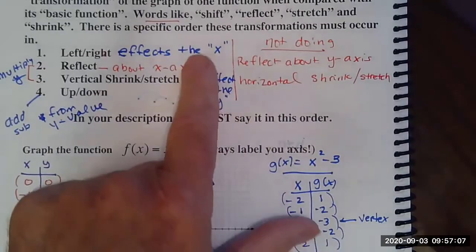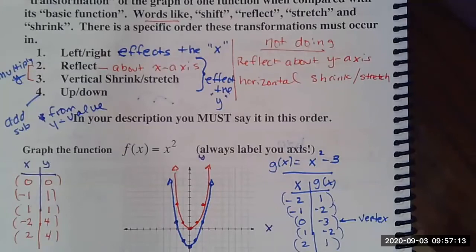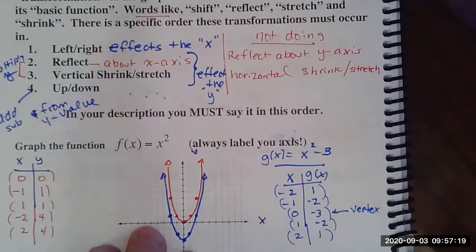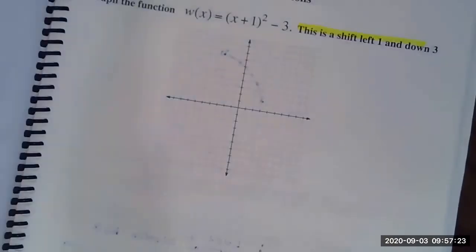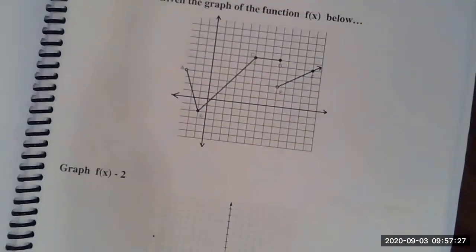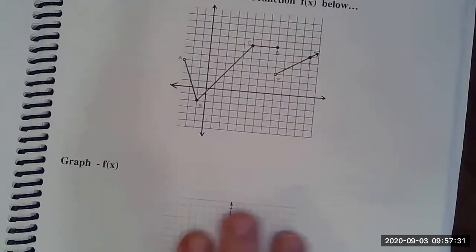So if this affects the x, you're either adding or subtracting a number from the x value, and that's the first thing you do. Then all the rest of the stuff affects the y value at the end, and then you plot your points. I'm going to show you how to do that with 1 or 2 problems, and then we're going to stop there for today, and maybe Bonnie can do a few of these in her session today if she would do that. Okay, I'm going to do